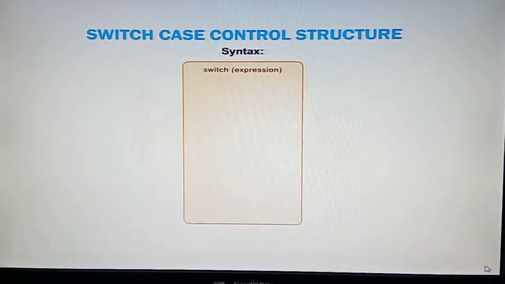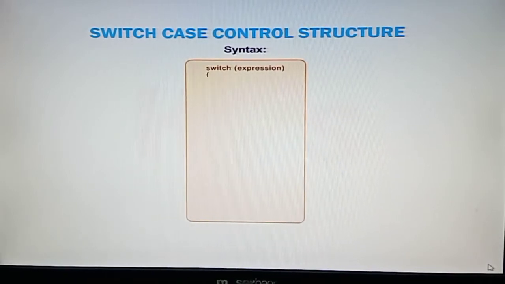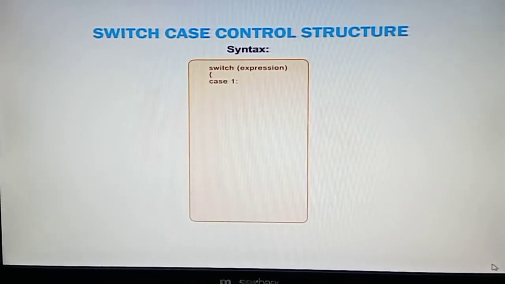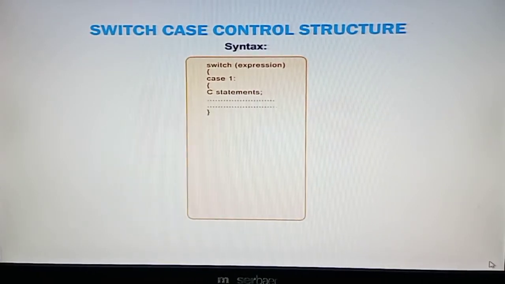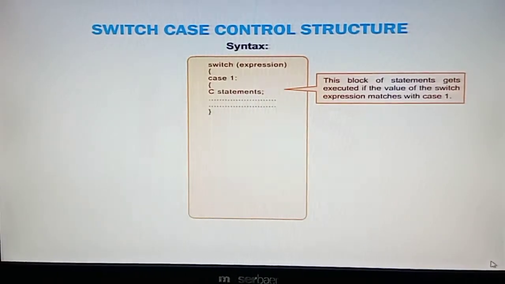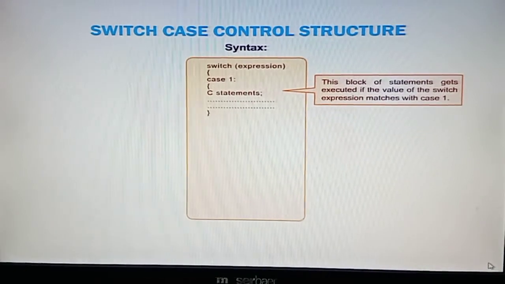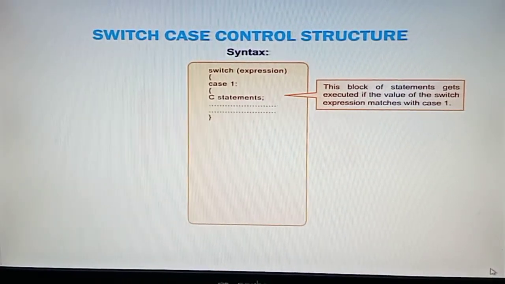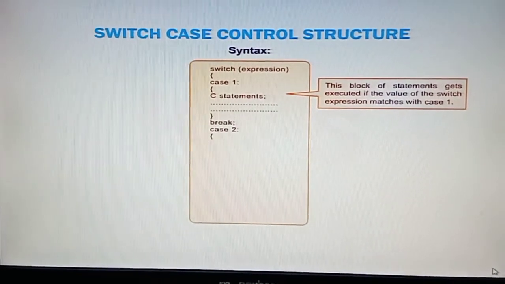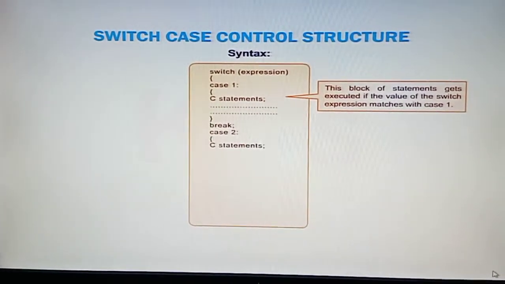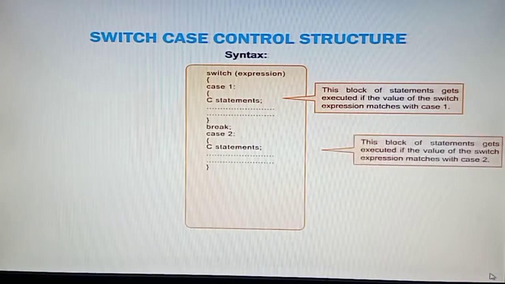Syntax. switch (expression) { case 1: { C statement; } This block of statements gets executed if the value of the switch expression matches with case 1. break; case 2: { C statement; }